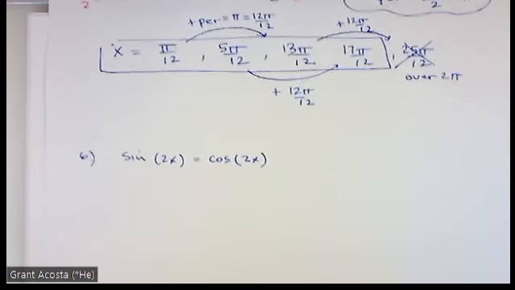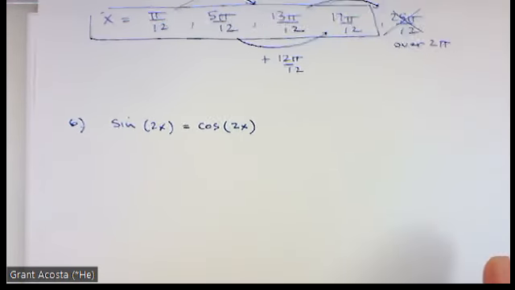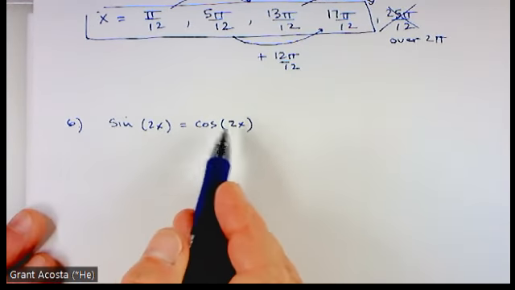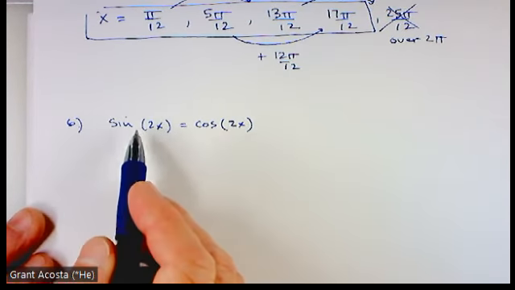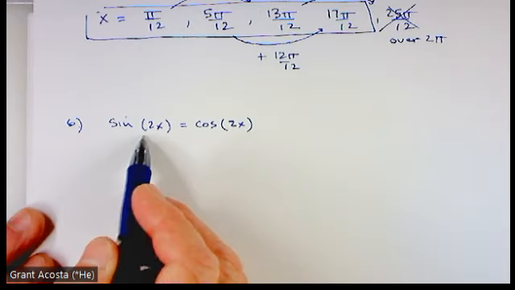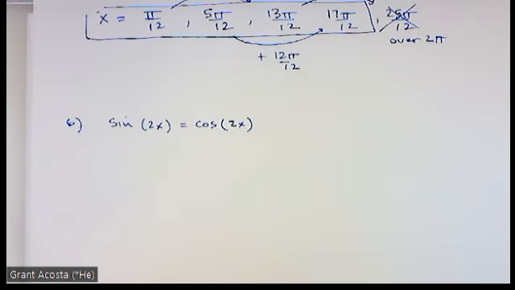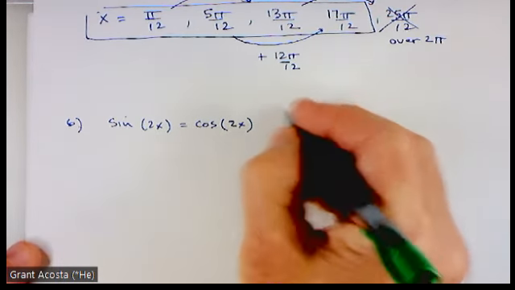And then last one here. Now I have sine of 2x equals cosine of 2x. And we have identities, right? We have double angle identities. But now think about this. If you tried to do the identities,